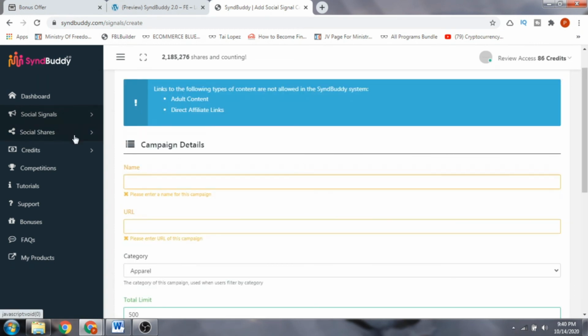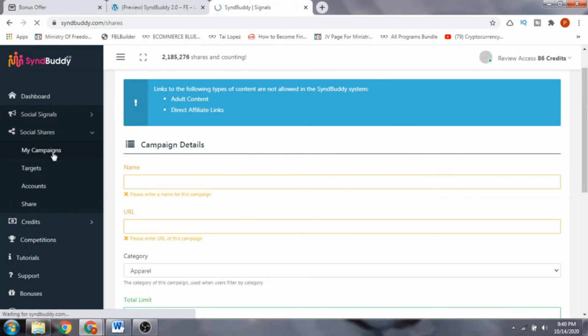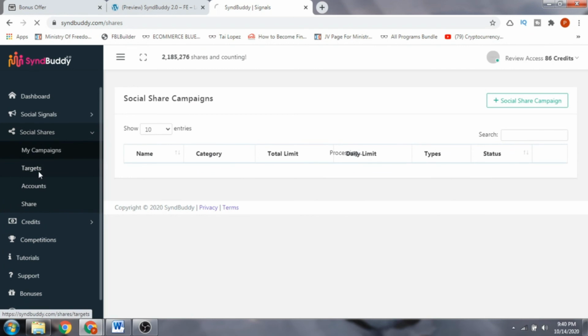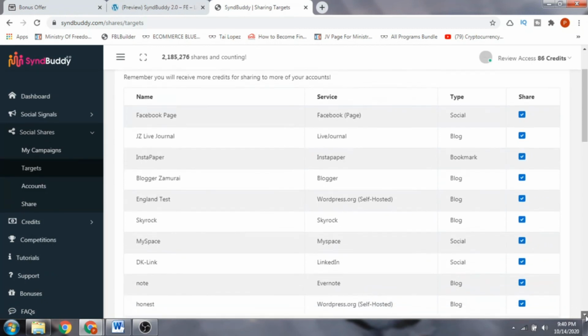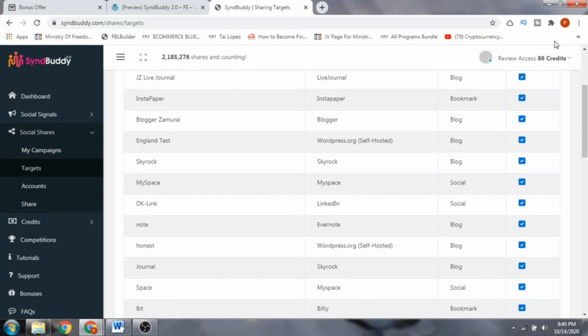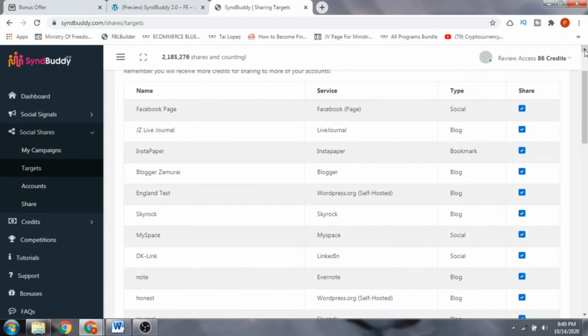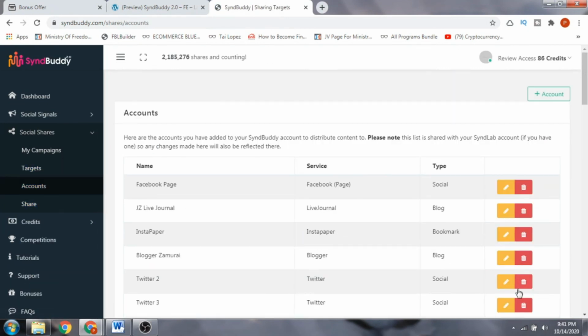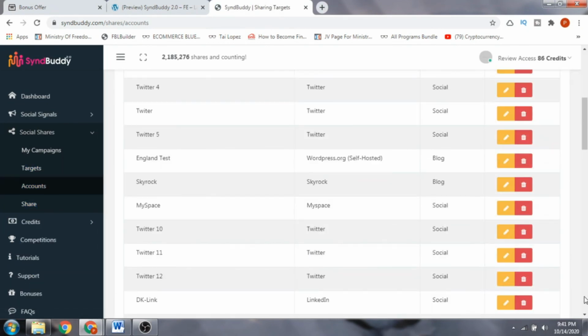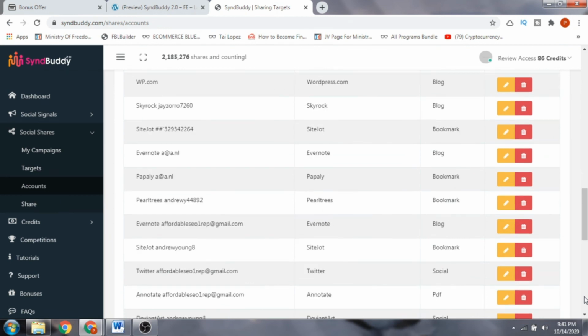Now this is for the social signals, and this is for the social shares, a similar thing. You go into My Campaigns, create a campaign here, and set your targets. You have to create accounts on all these platforms and load the accounts over here.